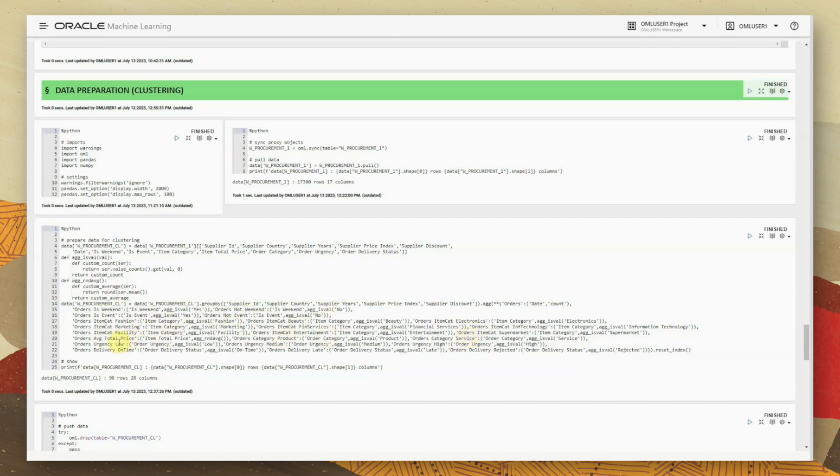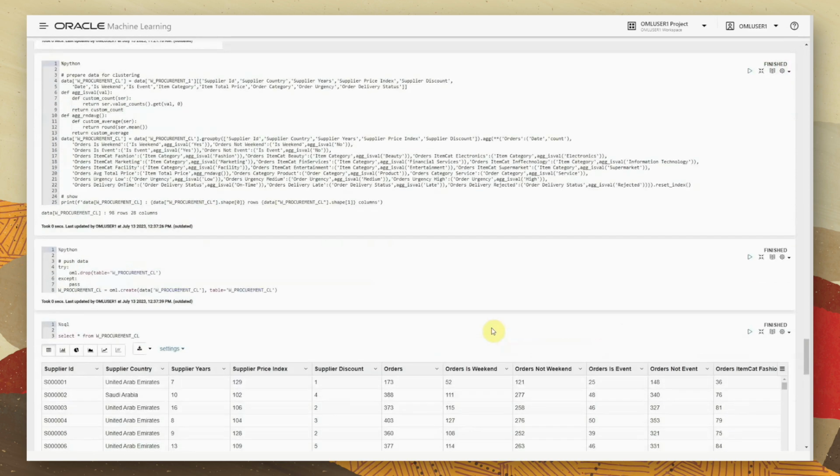The various types of urgencies associated with the order, so number of orders with urgency low, urgency medium, urgency high, and the delivery was delivered on time, and other types of delivery late, delivery rejected, so the status on the deliveries. Again, all of these aggregated at supplier level, and then what we are left with in the end is